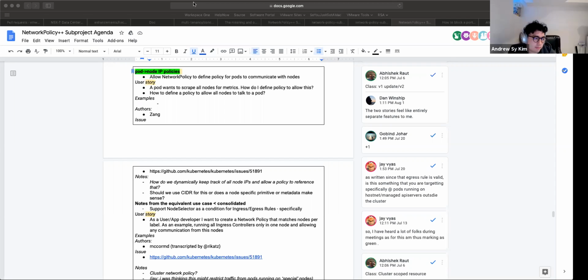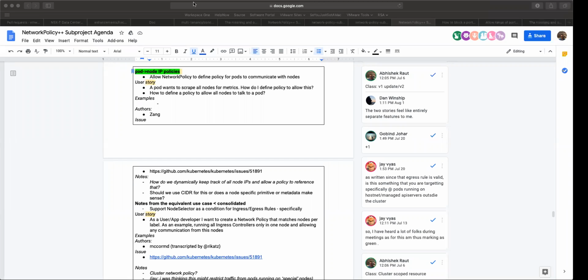Yeah, I agree. Because then, how much control do you want to give? Because you may have certain nodes wherein you want to allow the internal IPs, and certain other set of nodes where you want to allow some other interfaces. It can get messier. I don't know if others have any other opinion on this.